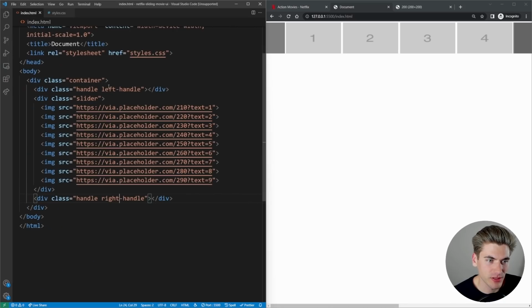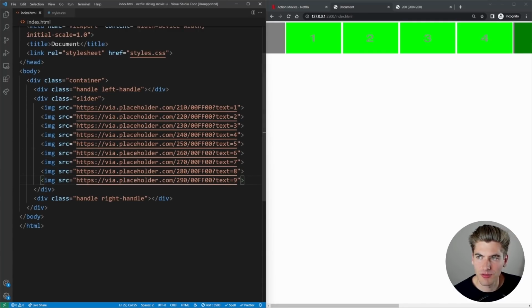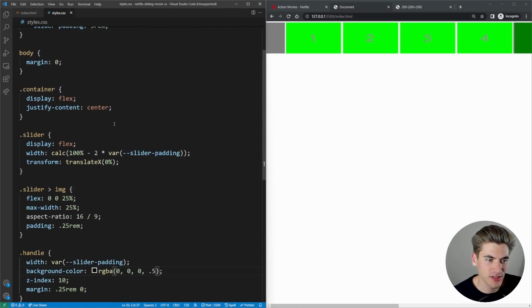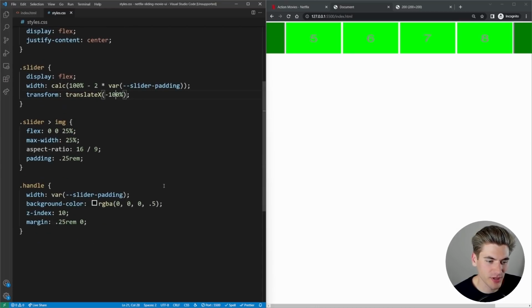And I think we can change our placeholder images to have a color assigned to them by just saying like FF0000. Yeah, so we can change it to, maybe not red. Let's change it to green. Sure, we'll change it to green on all of these. There we go. So we can kind of see a little bit that we have this green section behind this gray section. And if we offset by negative 100% again, yeah, we can see we have the green section behind the gray. And maybe we do like 0.25.